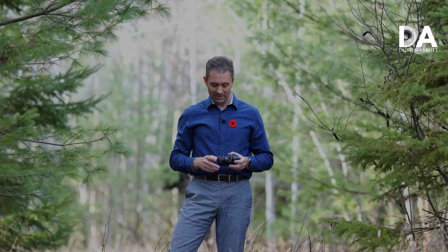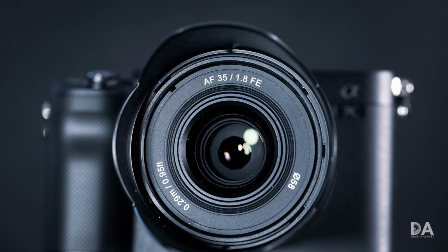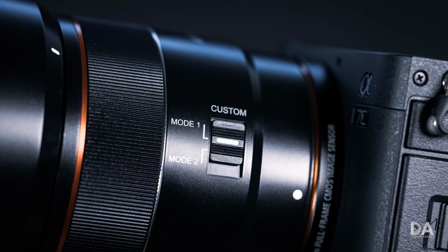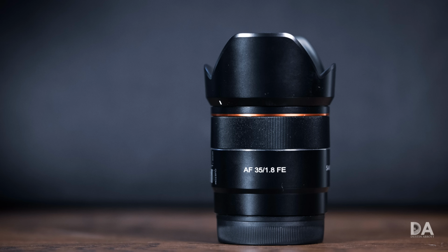Hi, I'm Dustin Abbott, and I'm here today to give you my standard review of the new Samyang AF 35mm F1.8. Now, this is the newest in the series that Samyang calls their Tiny series, and I'm a fan of this series not only because the lenses are nice and compact, which is something I think is maybe undervalued